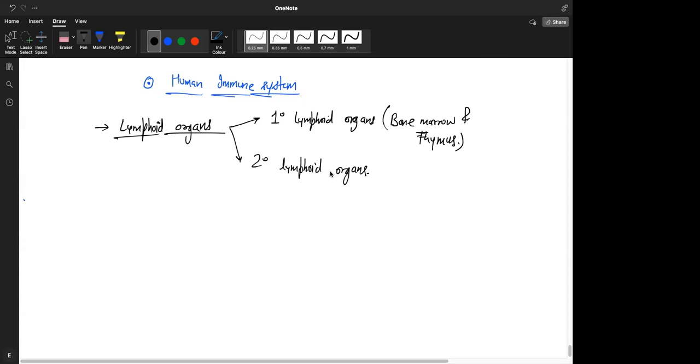So the secondary lymphoid organs, again, they are about the secretion and storing of these lymphocytes. These are your spleen. Have you heard of spleen? Where is spleen? Our lymph nodes, then tonsils,